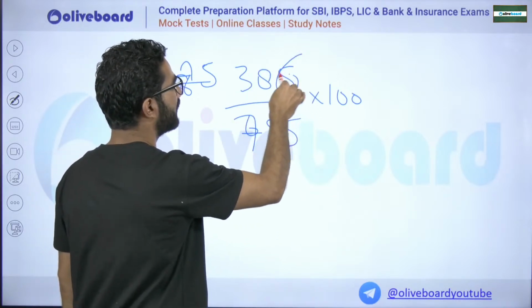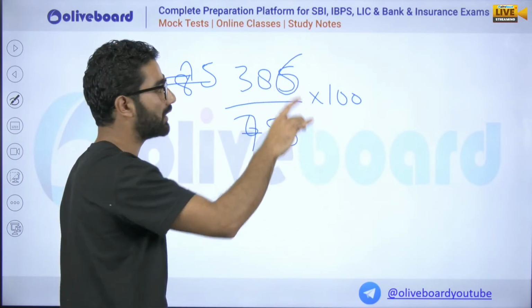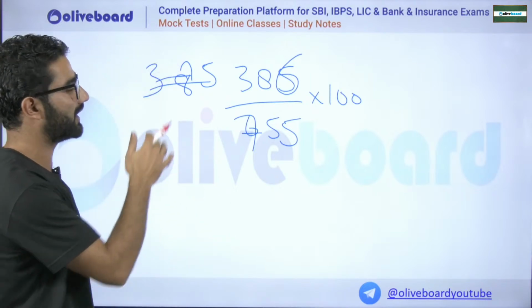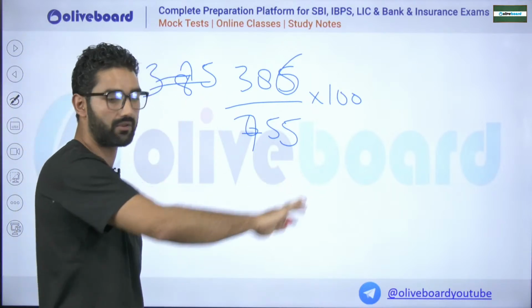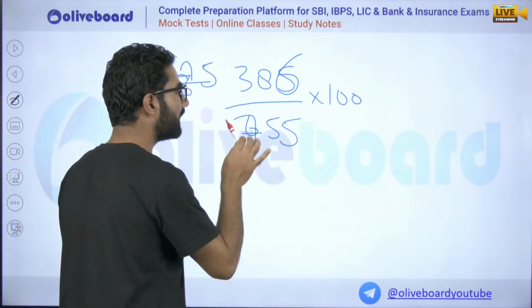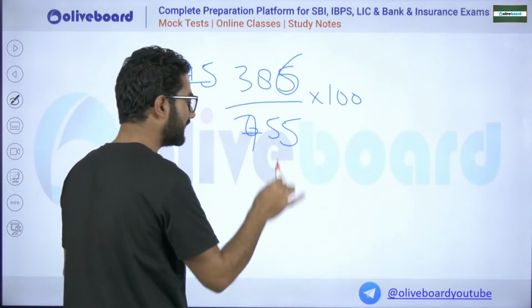If I say that it is 386 upon 755, and we have to calculate the percentile value, we cannot use the reduction method and all that. It will take a lot of time. So how to use it here? I am asking you, if I make this whole fraction this way,